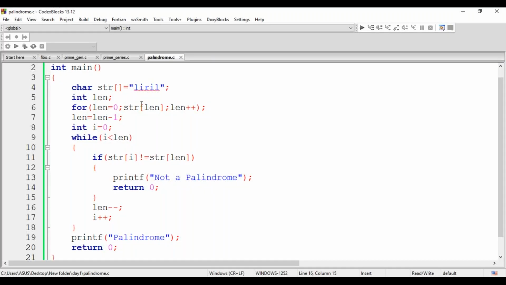Is everyone clear with this program? It is very simple. This is all about calculating the length without using any predefined function. The same way, I'm just checking for not equal. As I said in the earlier class also, when using the prime number, if you want to break in between, you can make use of return 0. In Python, you have an else part for your while loop. Here, we don't have any else part, so you can make use of return 0 and come out of the program.